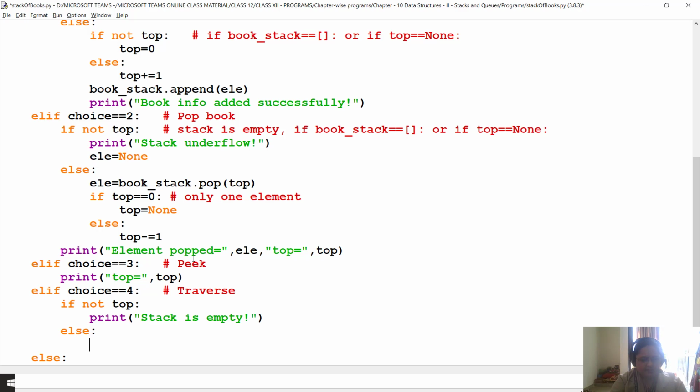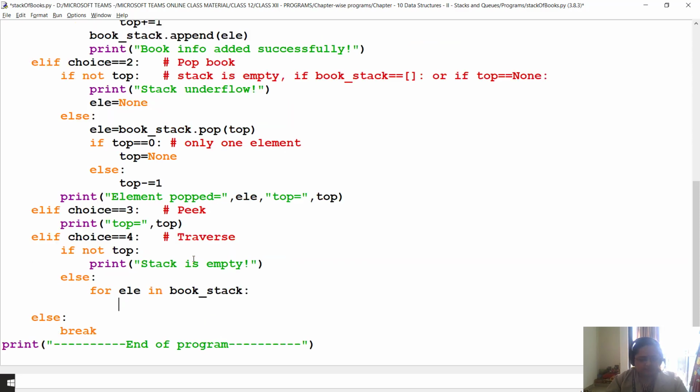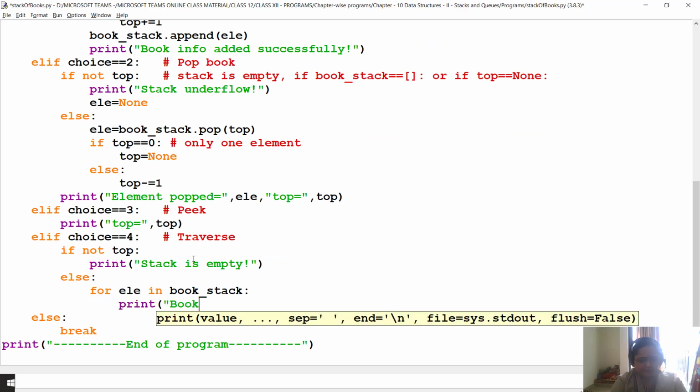Else I will write for le in bookstack, print. I'm going to print everything separately. Book number will be le0, book title will be le1, and price will be le2.